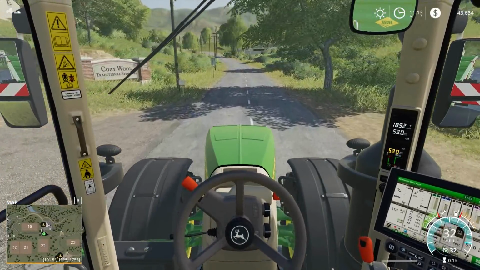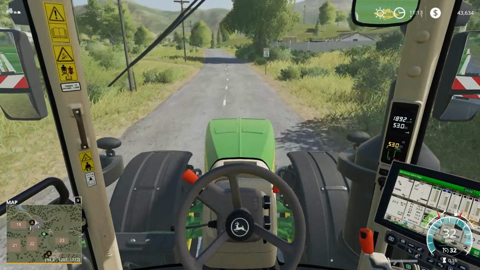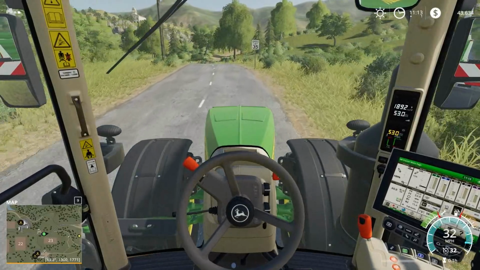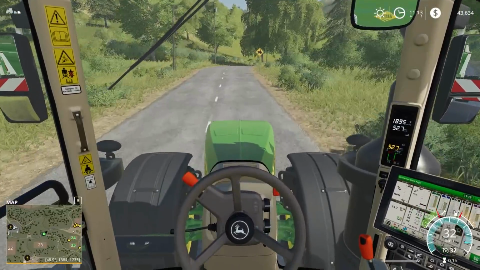Now what we're going to do is go back to the main farm and drop these tippers off at the grain silo. And I think we'll come up to the store. We need to buy some fertilizer and some seeds, and we need to basically start getting our fields replanted